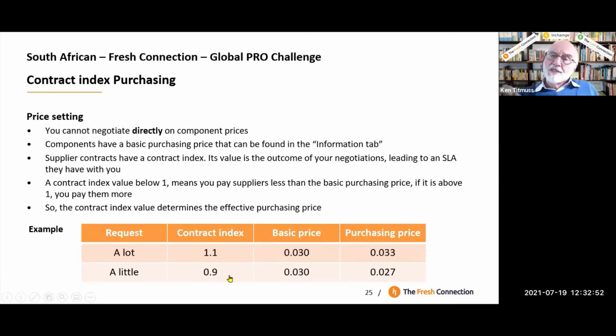Whereas if we say we want less quality, we'll give them six weeks terms for payment, maybe the contract index will go down, or we'll be paying less for the product. So this is quite an important thing when you look at the suppliers. Look at the contract index, because it's going to determine how much you're going to be paying for your raw